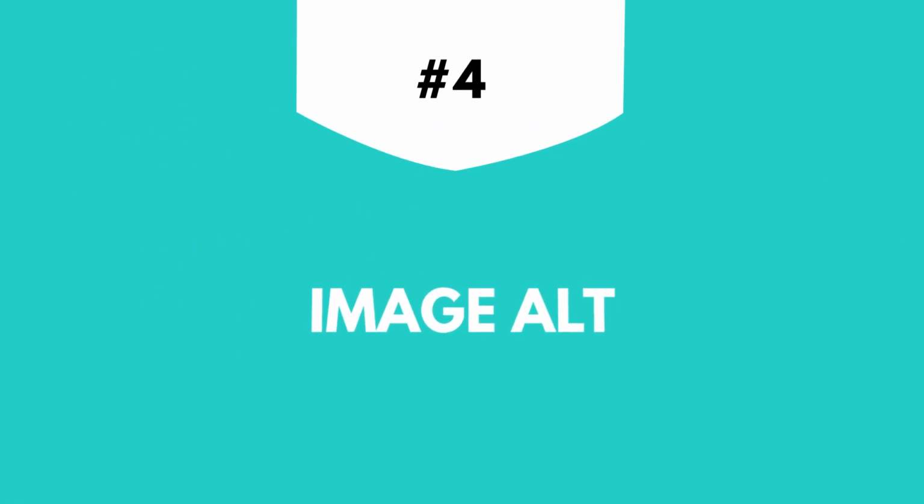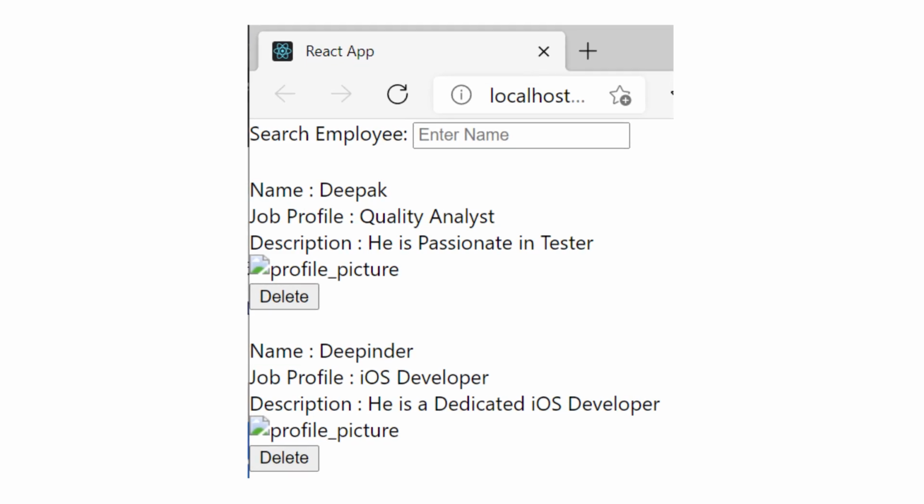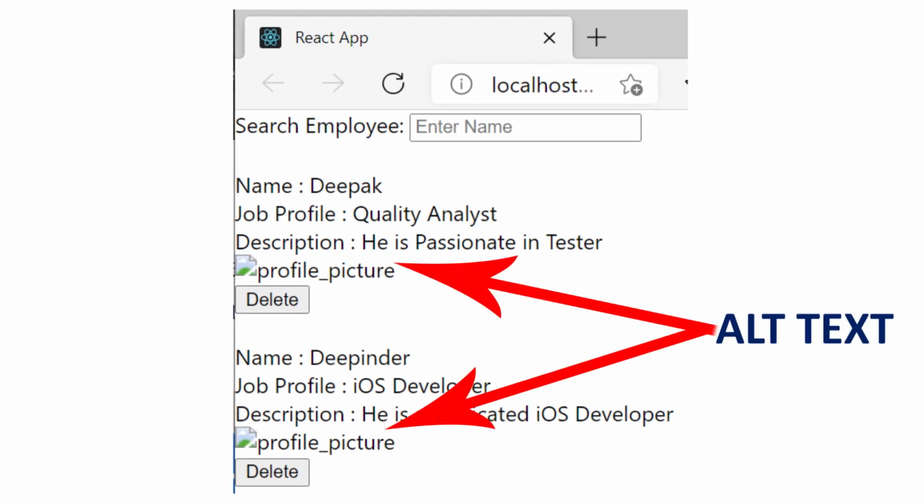Next is image alt. Image alt is very important, as it is the description behind the image that is displayed behind the visual elements. Confused? Let me tell you in simple terms. Let's say a photo doesn't load properly once your web page loads fully. Then what your alt tag does is it would take its space so that the viewer can still understand what it was you were trying to show them.